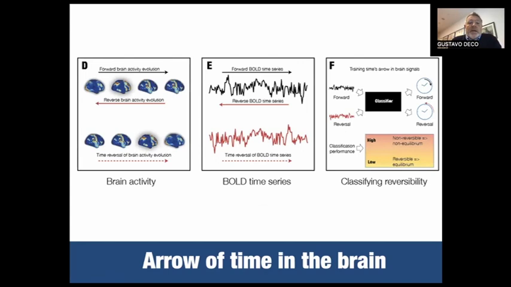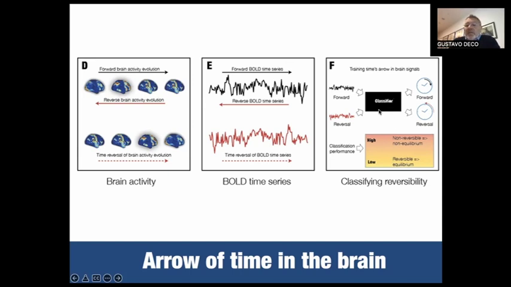We can take our favorite measurements and characterization of the brain signals. And for example, just to keep this simple, let's assume that we have a BOLD signal in one particular region, and this is the natural evolution. This is what we measure. We can artificially flip the time and generate the time reversal, the backward version, of that particular signal. And given that we are constructing this by hand, we know who is whom. So we know which are the real brain signals, and we know which are the signals that we reversed by hand. And then we can train a classifier.